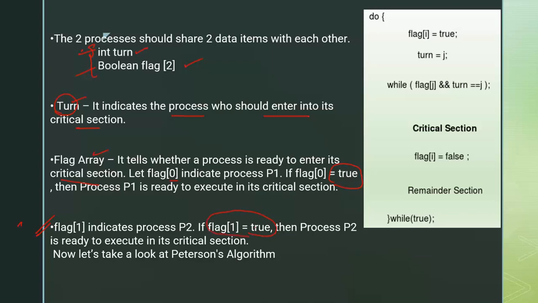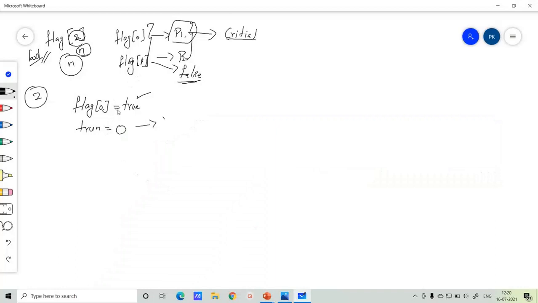Now here in this example we will consider that process 1 wants to enter into the critical section, so flag 0 will be set to true, and turn will be set accordingly.